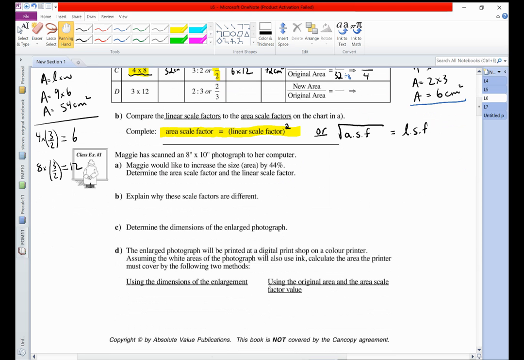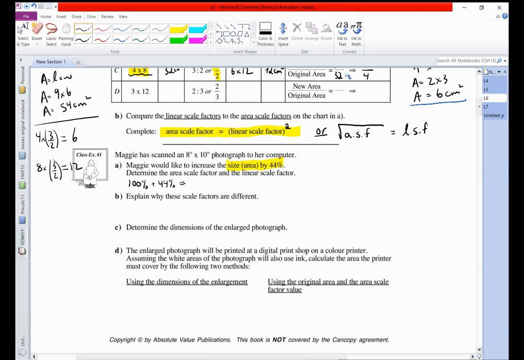So it says here, Maggie has scanned an 8-inch by 10-inch photograph to her computer. Maggie would like to increase the size by 44%, and they say here they want to increase the size or the area by 44%. Determine the area scale factor and the linear scale factor. Okay, well, the original size of the photograph, we would say, is 100%. Everything is 100% of its size, right? And if we want to increase it by 44%,